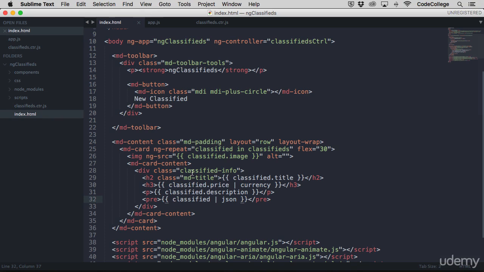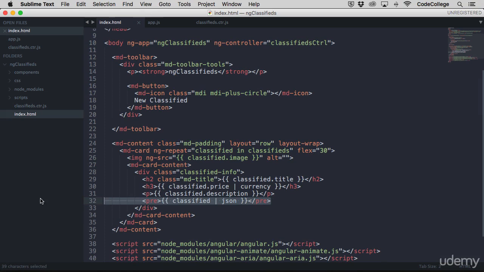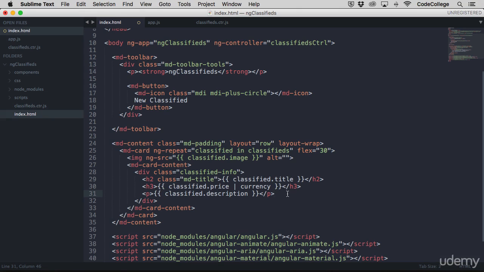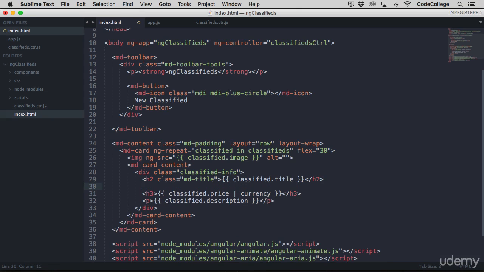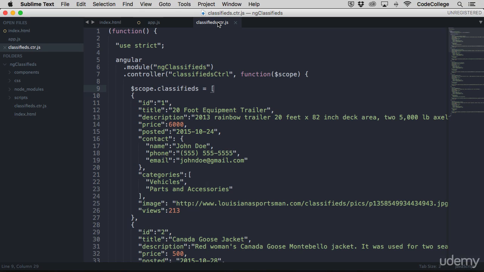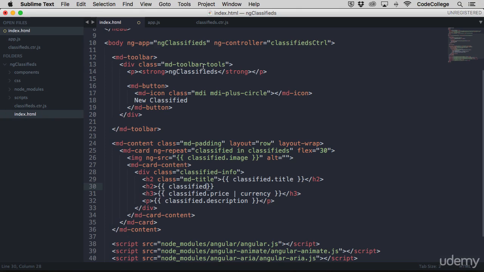We've got some other useful filters as well, and to see an example, why don't we tap into the date for each listing. So maybe just right here, I'll do an H2, and we will say we want classified, and I believe I called it posted. All right, so classified.posted, and we'll end that H2. We can tap into the date filter, and if we call date like this,